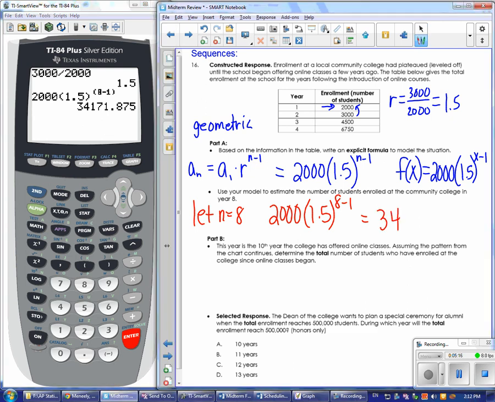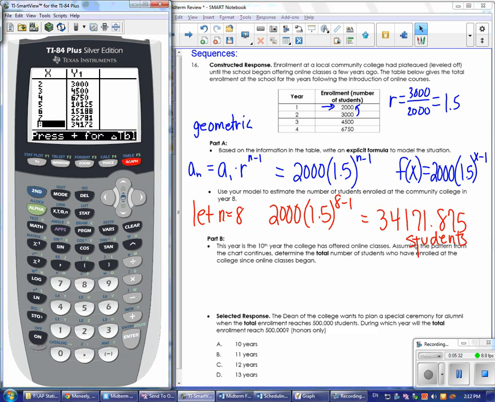Now on the table, let me go back for a second. Notice that this gives us a decimal value. This would be students, so make sure that if you're asked a question in context, that you answer it in context as well. If I go back to my table, you'll notice that when x equals 8, the y value is 34,172. You can see that it's actually rounded, and that's only because only 5 digits will